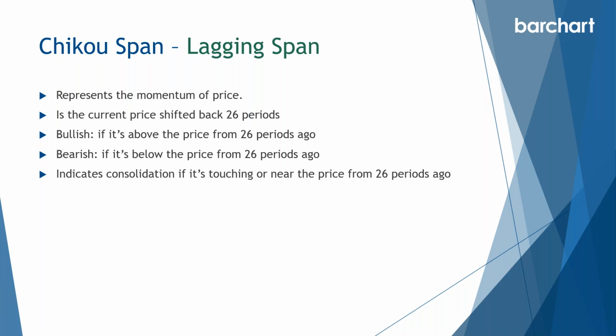Now remember, the line is displaced by 26. So what I'm really talking about is if the line is very near price from 26 periods ago, let's say 3 to 5, or maybe as much as 10 periods forward, that would be a sign that you're probably entering into a period of